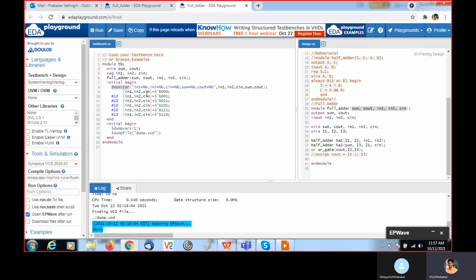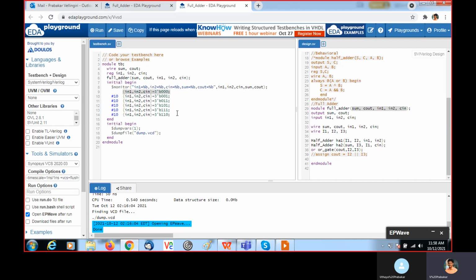And if you use $monitor, it will continuously monitor the signals. Whenever a change happens in the signals, here we are changing the values in a particular time interval. So each time you change the values, it will print the values in the log file. That's why I use $monitor here.